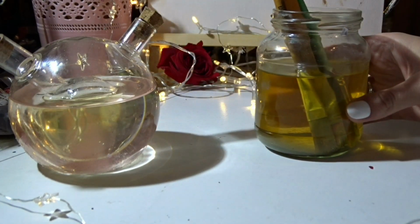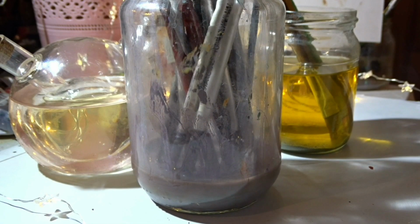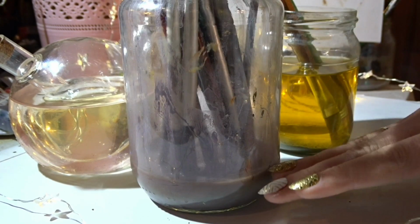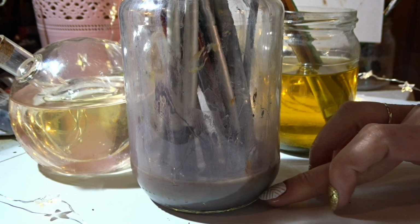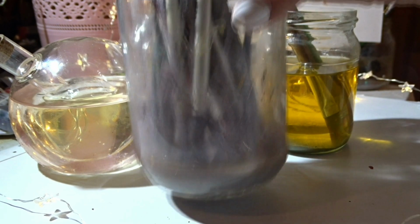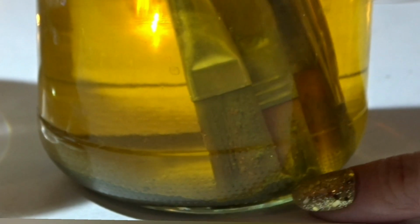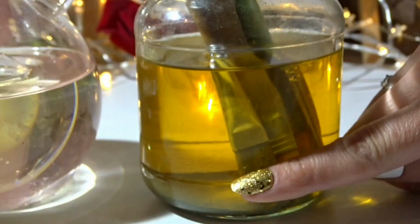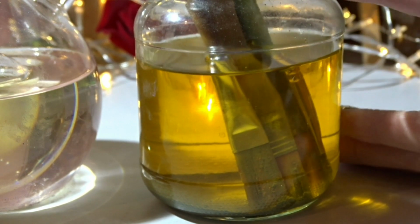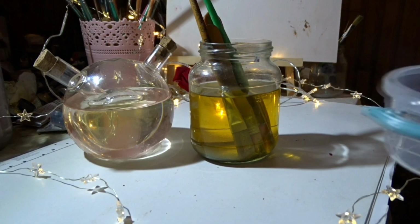This batch is some of the previous that I did. When I decide to clean all of these brushes, I put aside this container in order for the color to go on the bottom of the container, like in this one. Do you see how much dirt here it is? Because you can reuse all of this. I just leave it like this for a few days while the colors go down,